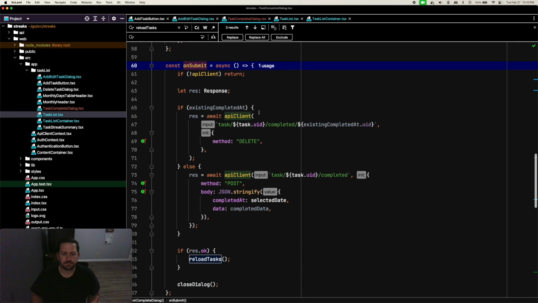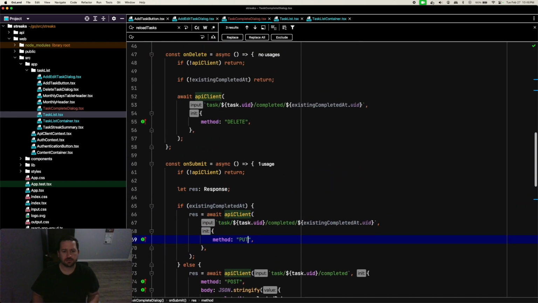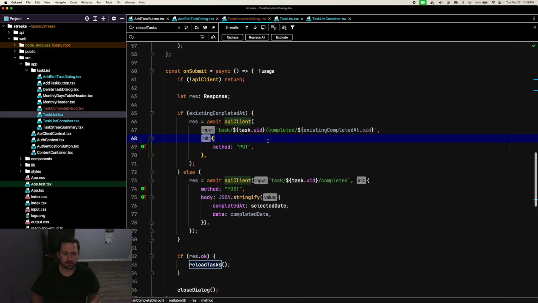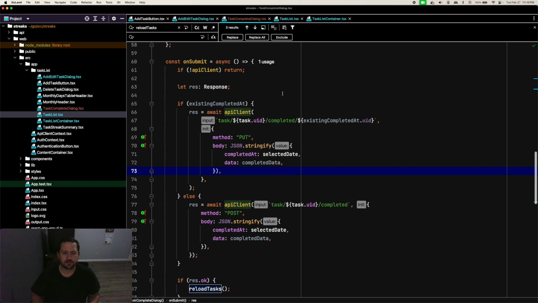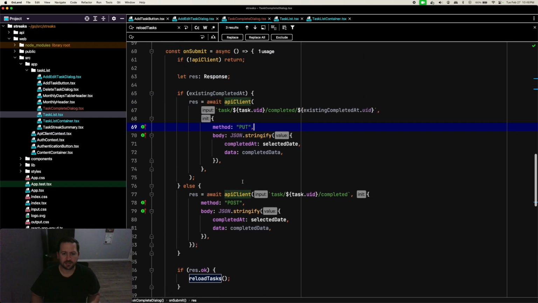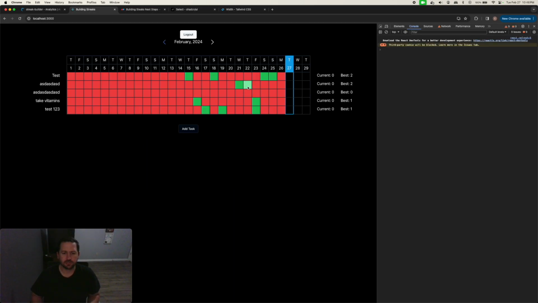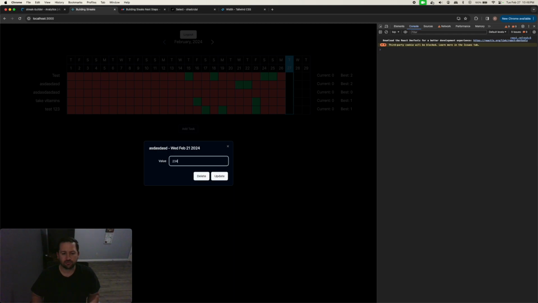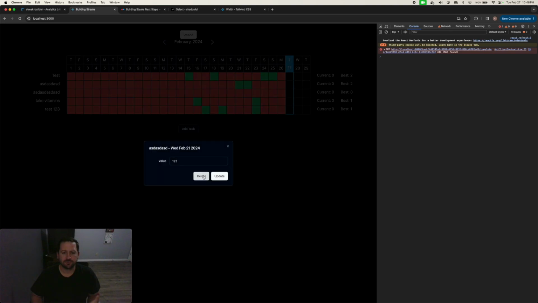So on submit, if it's an existing one, we'll do a put. We won't do a delete, we'll do a put here. And we'll put the same body contents. So we have this completed. Yeah, we'll put here, we'll reload the tasks. So when we reload here, this looks good. We do 1, 2, 3. Now we could do 2, 3, 4. Update, we should get a 404. That sounds good. If we delete,